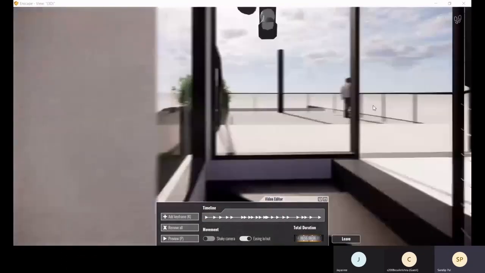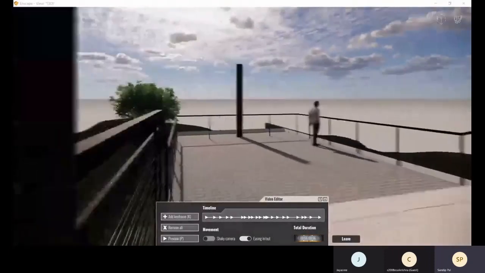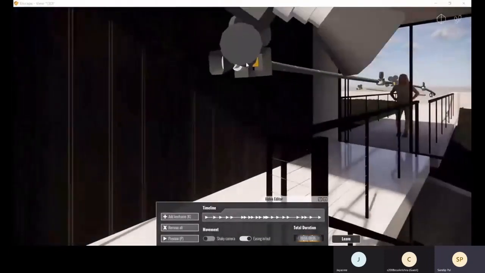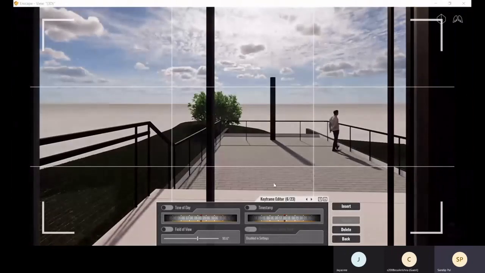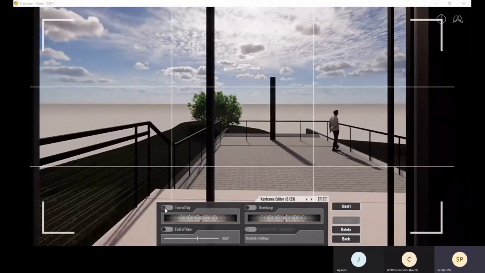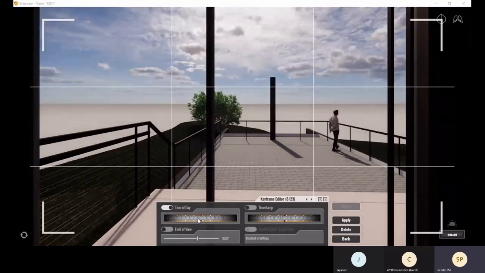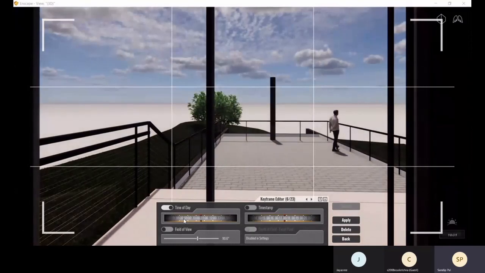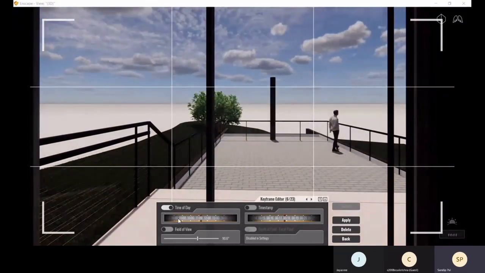All the camera placements are there, and if you select your cameras, you can change all those. You can change the time of day, and you can change the timestamp, so everything you can change.